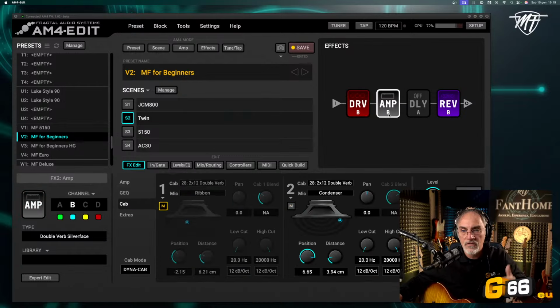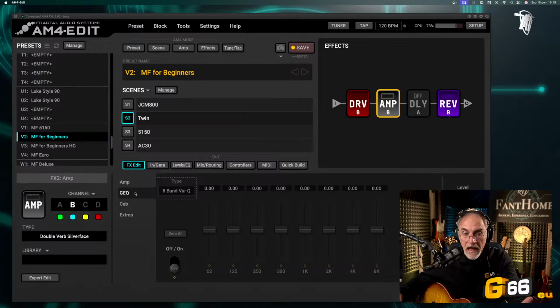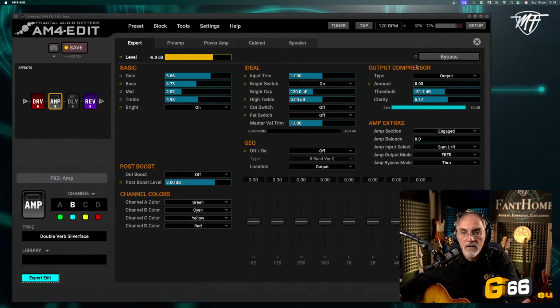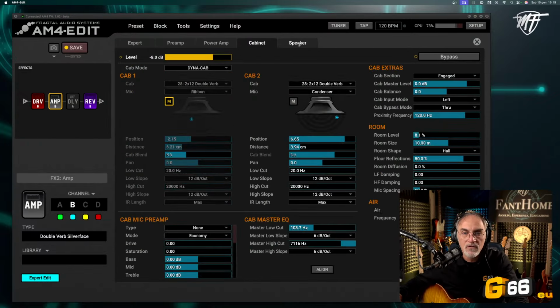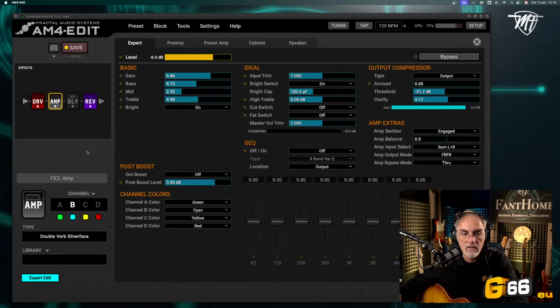Okay, and also the amp block itself has the amp, the EQ, the cabinet, and the room level, and if you enable the expert edit, you can also have the compressor, output compressor. You can have a boost like here. Then you can have some other super special effects, but you can do really, really what you want.